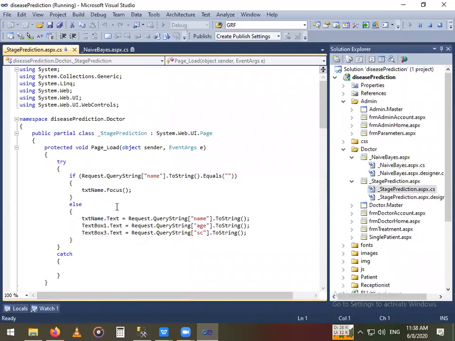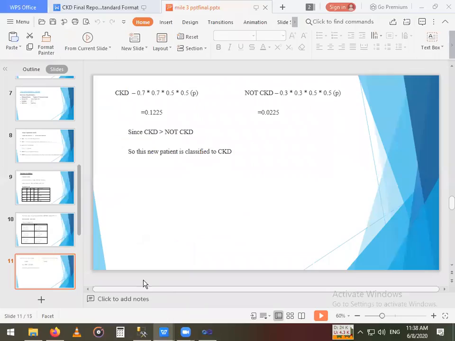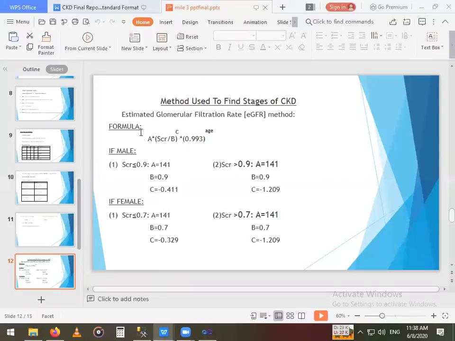Here we have a formula for EGFR. This is the formula, sir. These A, B, and C are constants, and this formula varies differently for male and female.